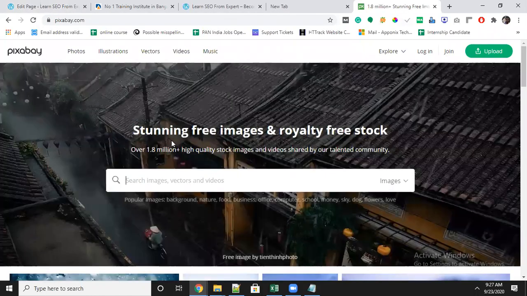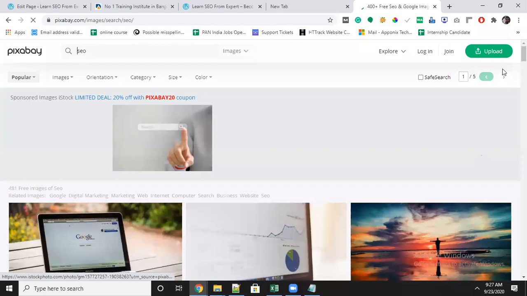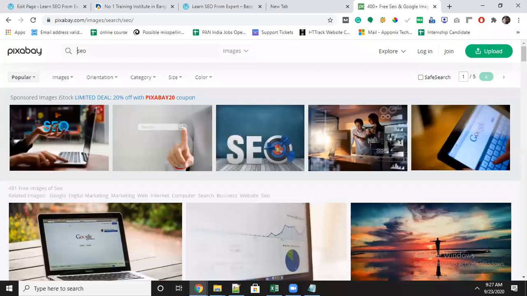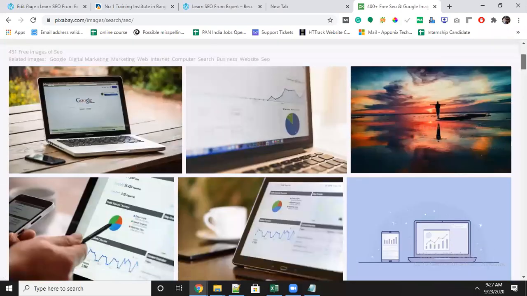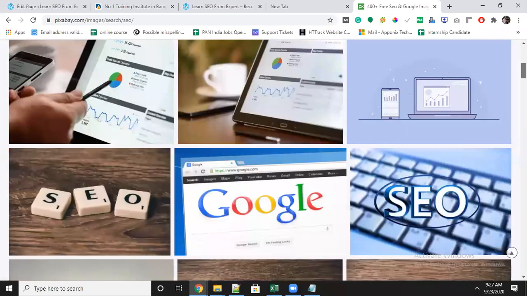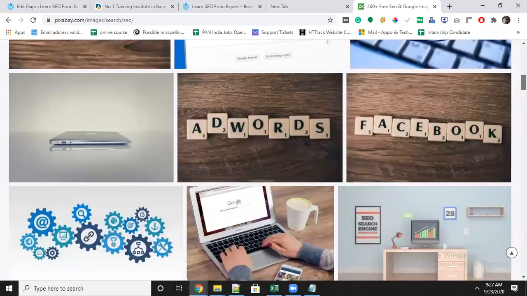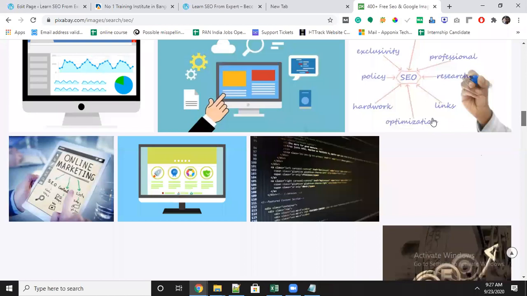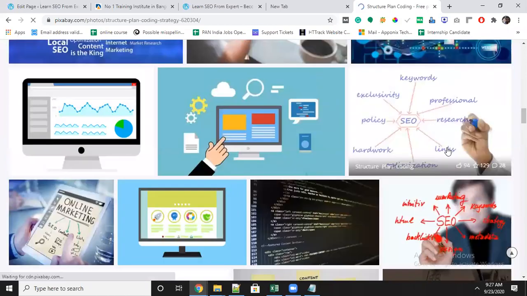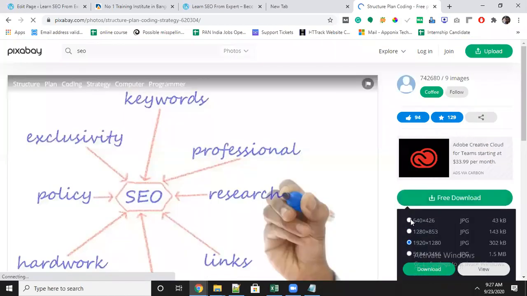Let's say I will search SEO. Okay, the top ones you will not get, they are paid, the lower ones are free. Here you can use whichever images you want. Let's say I will take an SEO image and I will download whatever size you want, but I am taking the basic version.